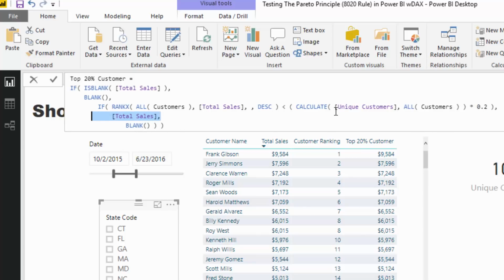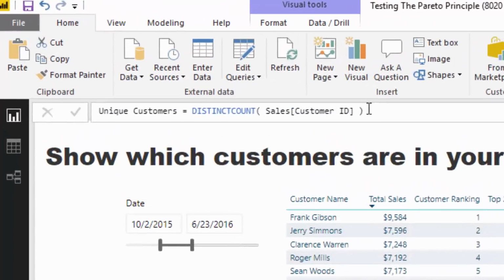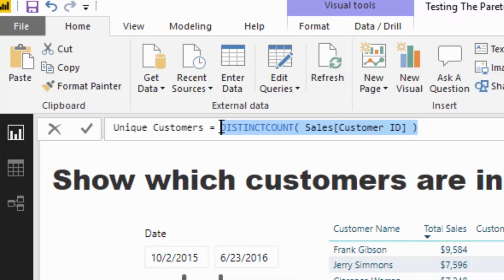Now, I want to quickly jump to unique customers so that you can actually see what this formula is doing. All that is doing is calculating a distinct count of customers, right? So if this was, say, in a monthly context, this would be working out how many customers bought off us. That's basically what it's doing. The key thing to note